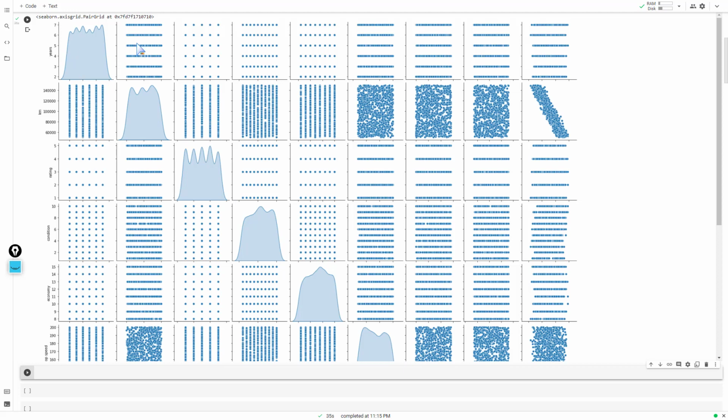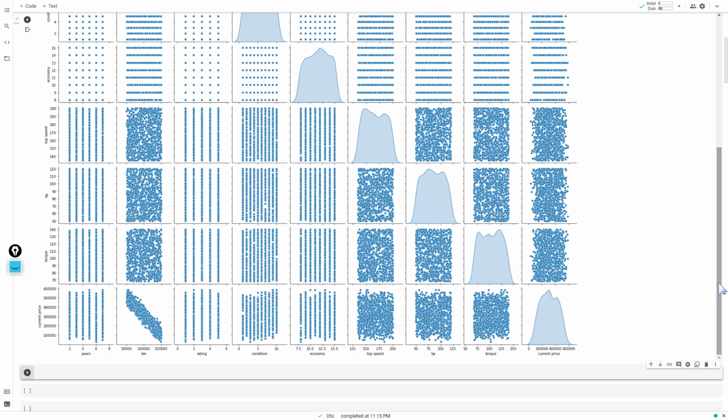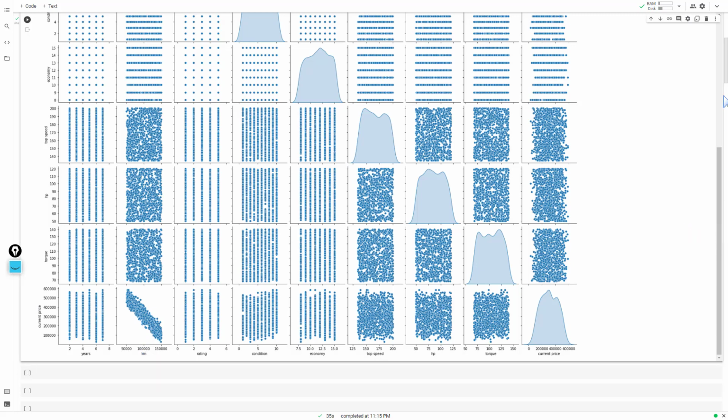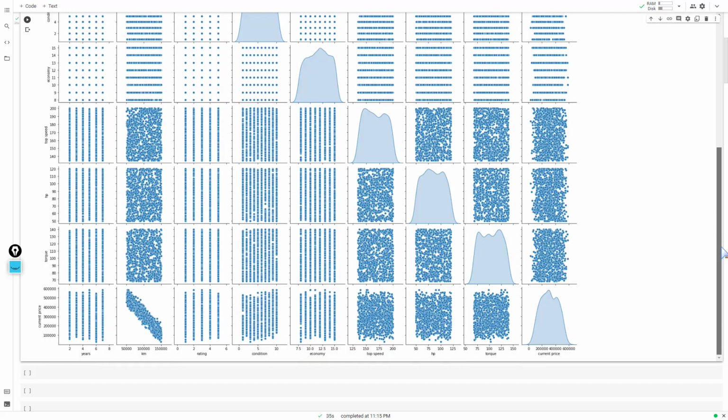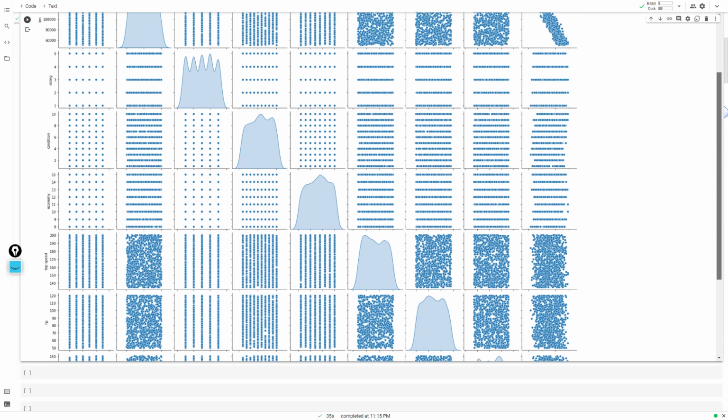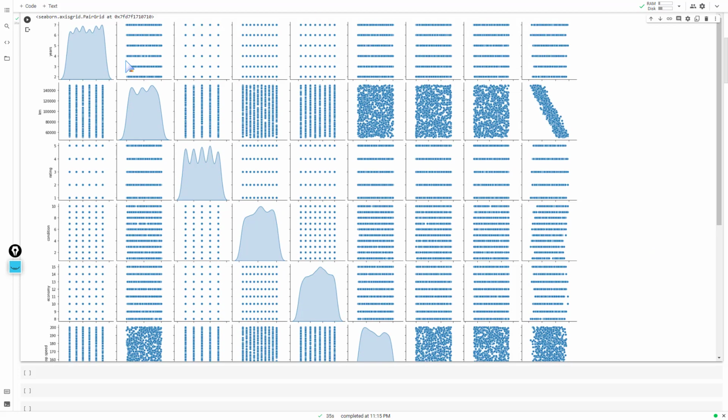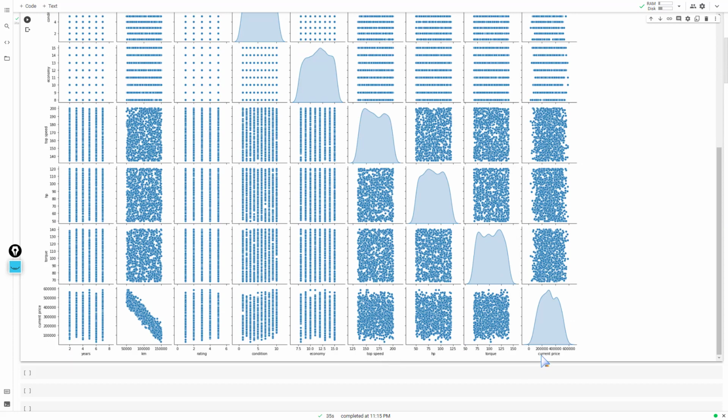Now here we have how the years is related to the kilometers. So we have here this kilometers, and then how the years is related to the kilometers. Here we have years related to the radians, and you repeat the same process to get all those relationships between these different features. But one very interesting point to note here is we could already see the relationship between these different features